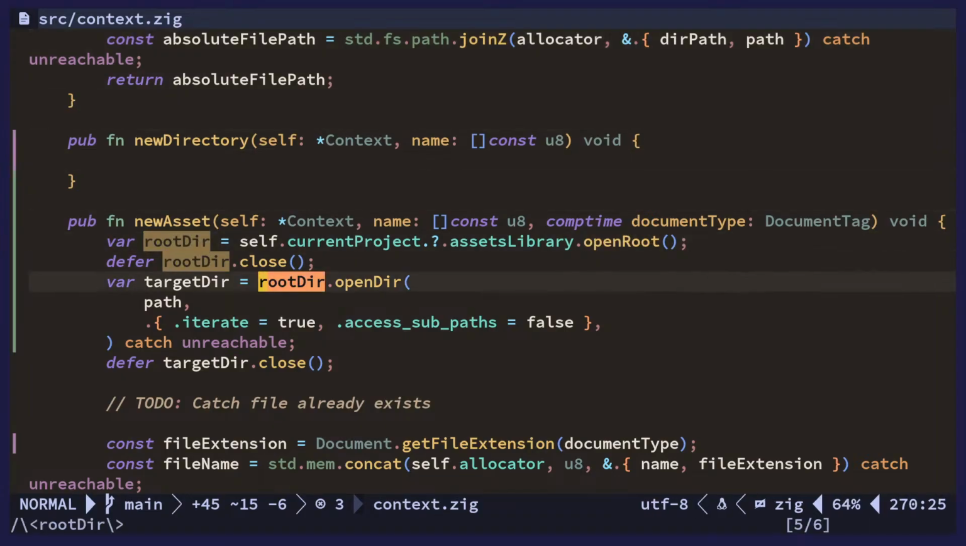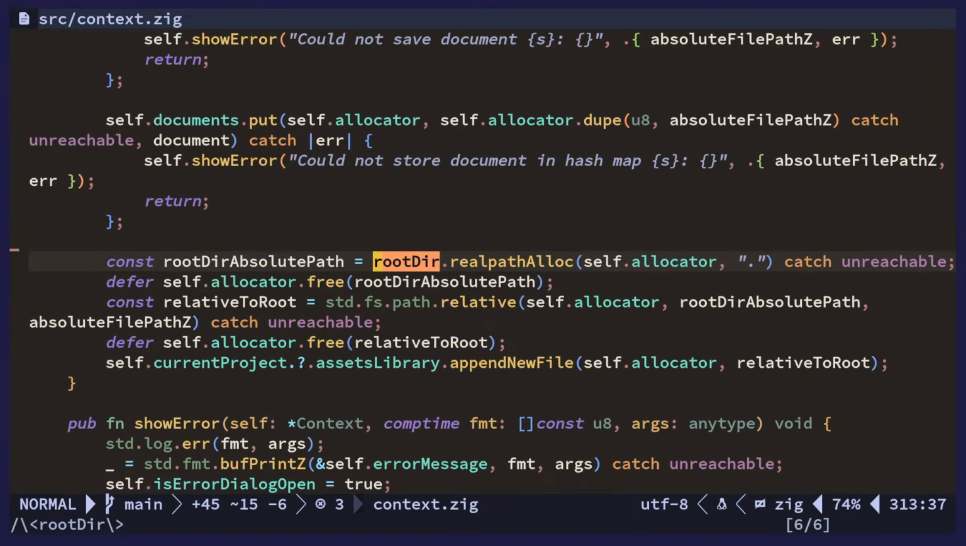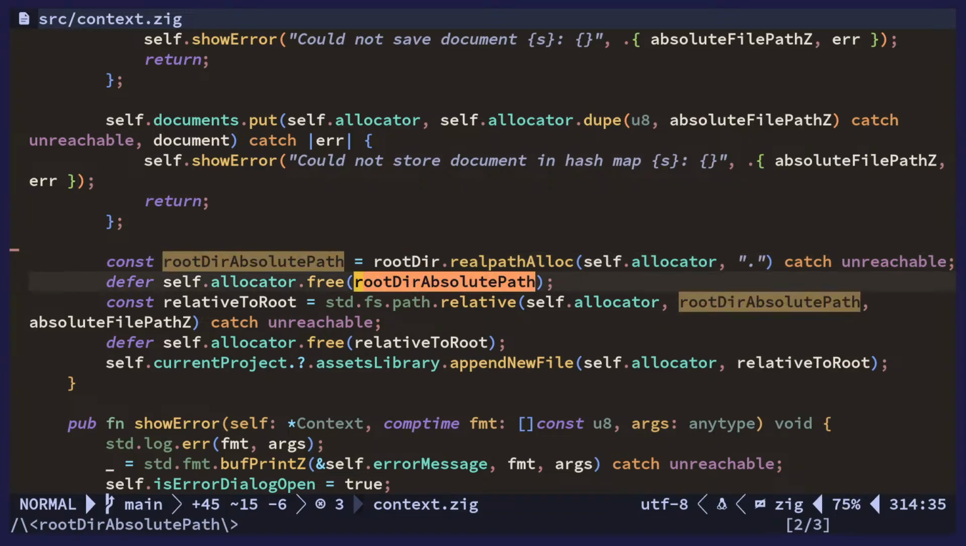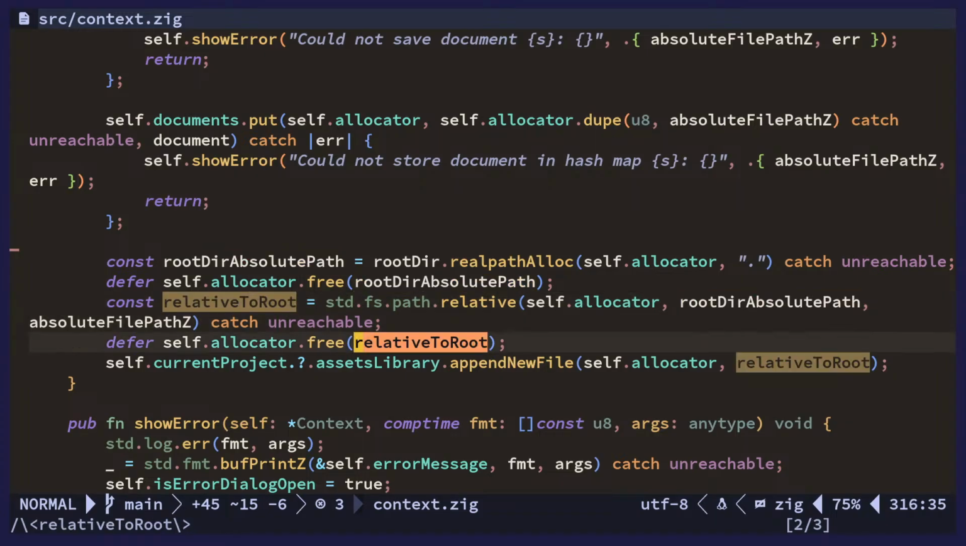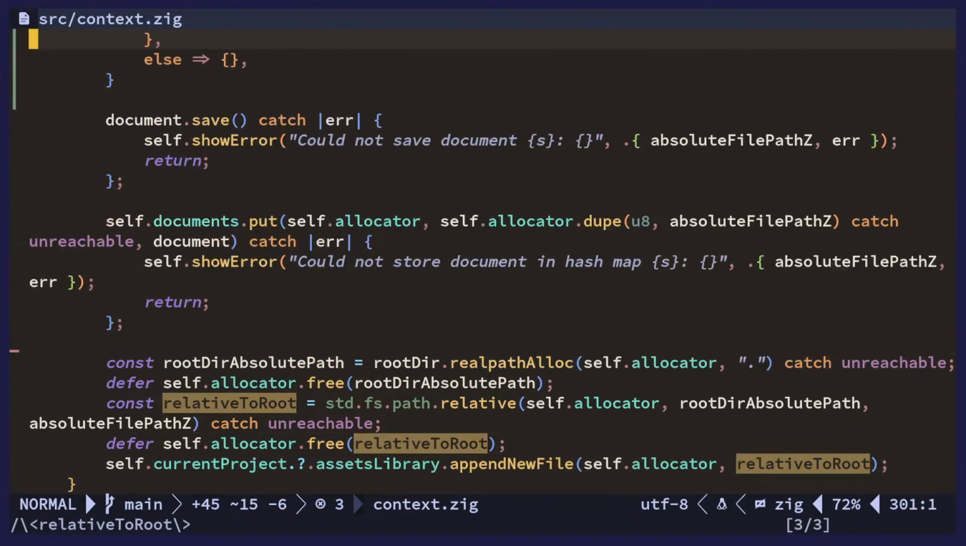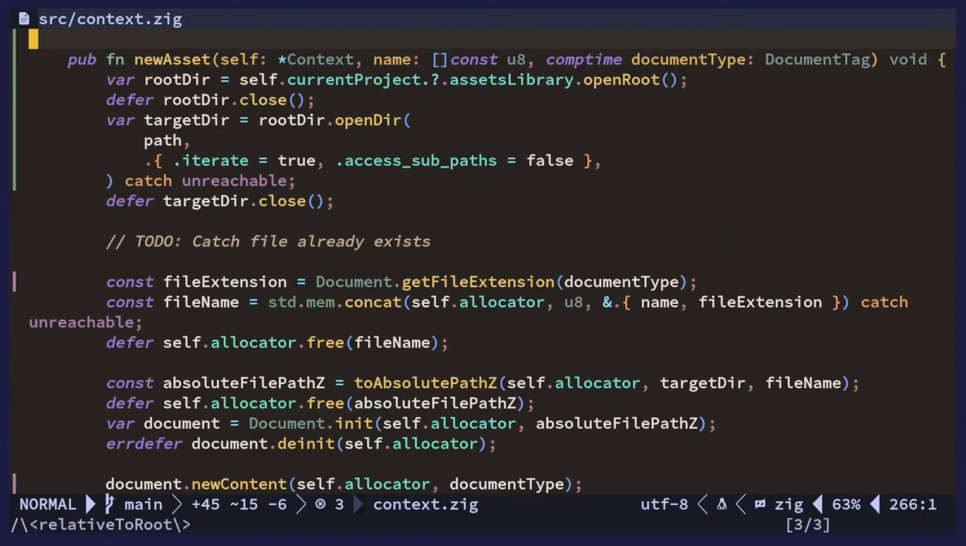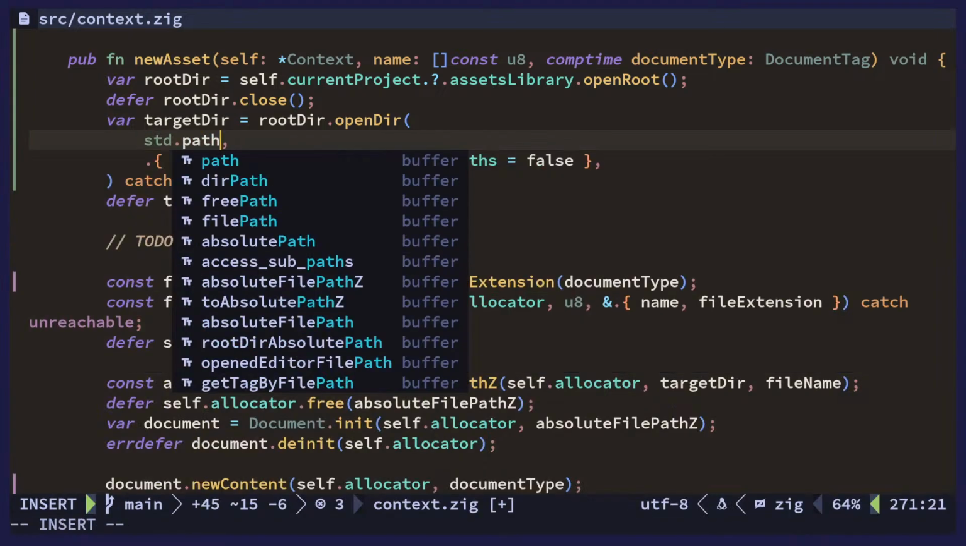What are we actually using this for? To get relative to root, which we then put here. Right. That's the only thing we're using that for. Okay, fine. Okay, let's just do this. Let's just do path,